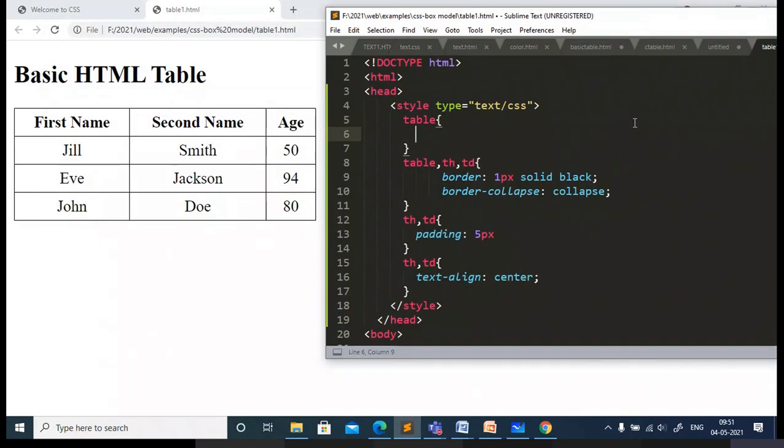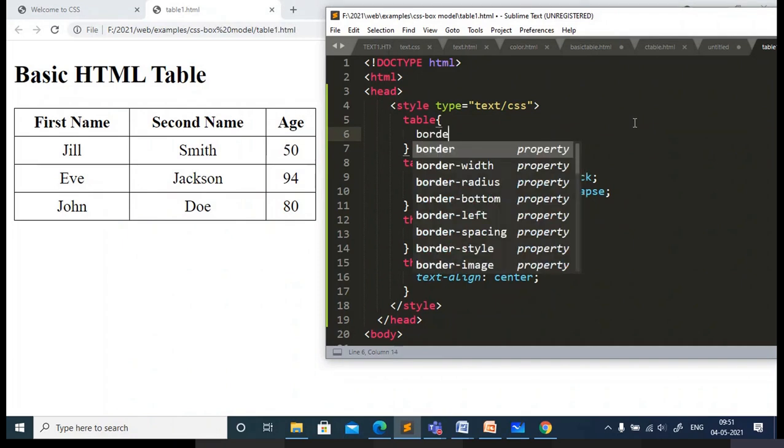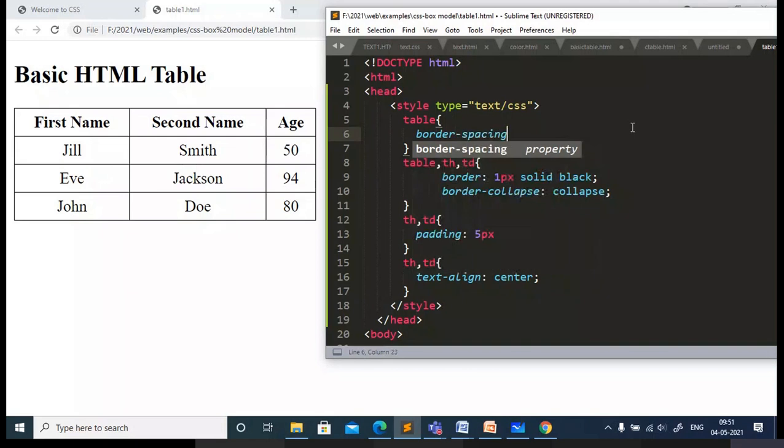I will cover this part and we'll stop the class. So, border spacing. You can give what the border spacing should be.